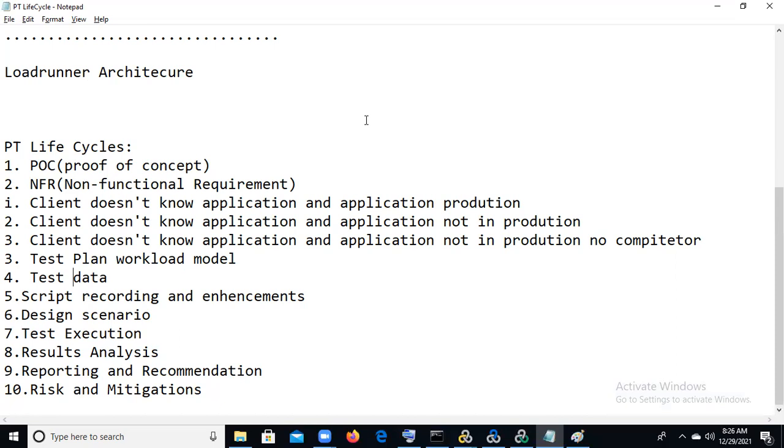If anyone asks, we can tell these things: POC, non-functional requirements, test plan, workload model, test data, script recording and enhancements, design scenario, test execution, result analysis, reporting and recommendation, and risk and mitigations. So these are the PT life cycle. We'll go one by one. What is the POC? What is proof of concept? Does anyone have knowledge about POC?